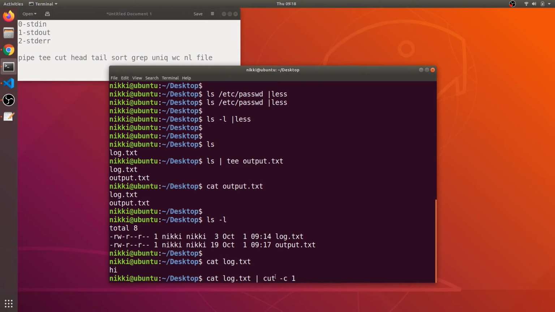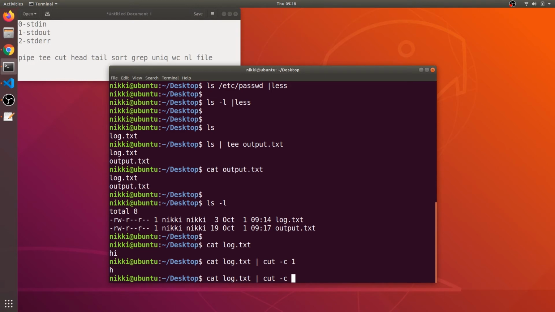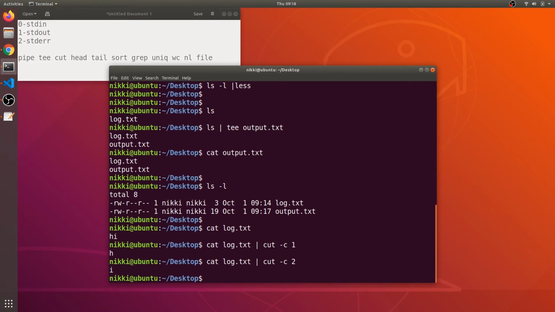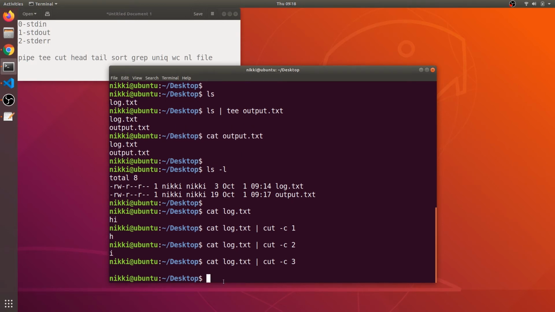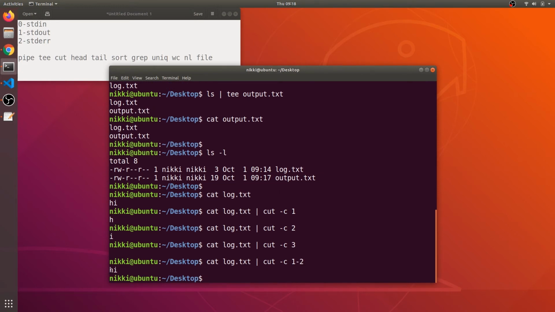This cut command just prints exactly the character 1. So my output will be h, and if I say 2, the second character will get outputted. If I say 3, I get null output. So using the cut command we can access only particular bytes of data, and if I say 1-2, I get from index 1 to 2. So that is hi. This is the first character and this is the second character.